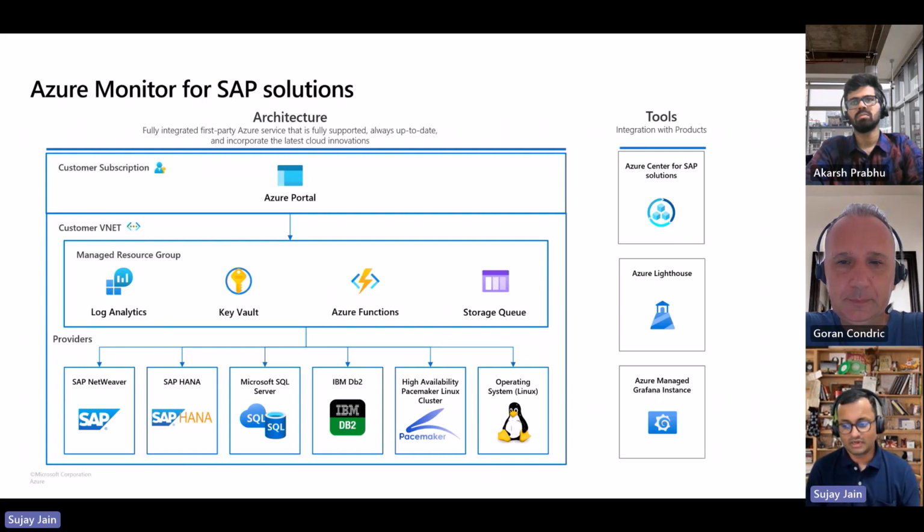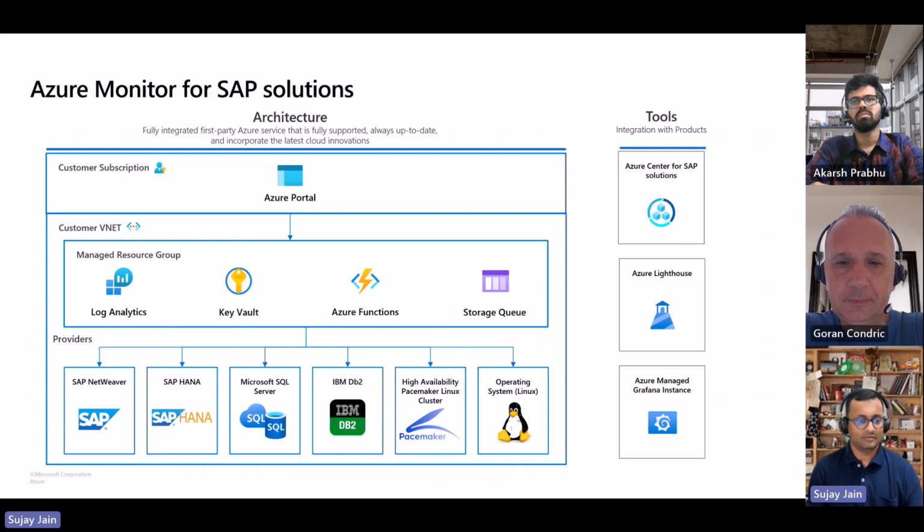So you have Log Analytics, which helps customers retain data for as long as possible. We have the ability to do ad hoc data analysis, and to create custom alerts based on logic that customers would like to choose. We have Key Vaults to securely keep the secrets for our providers to pull data from these SAP systems. And then Storage Queue helps us keep the operational telemetry, or how the health of our AMS solution is.